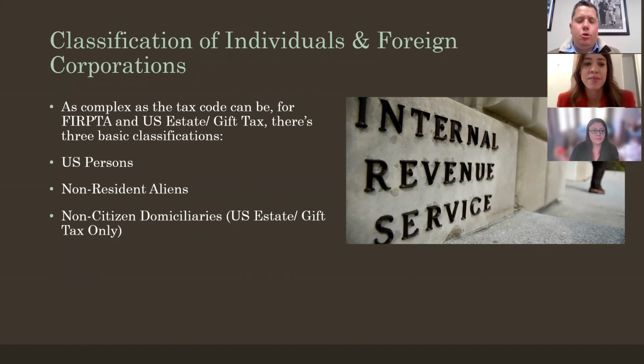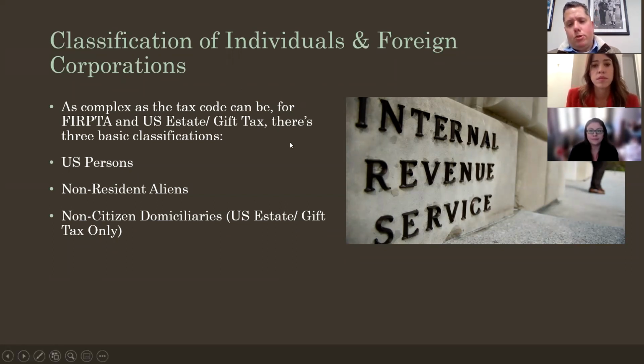The tax code is ludicrously complicated. It's got ridiculous amounts of parts and subparts to those subparts. And it makes people terrified. It makes lawyers terrified, to be honest with you. I got a lot of lawyers that don't even want to touch any sort of tax issue. But in this respect, when we're talking about foreign buyers, it's actually fairly remarkably simple.